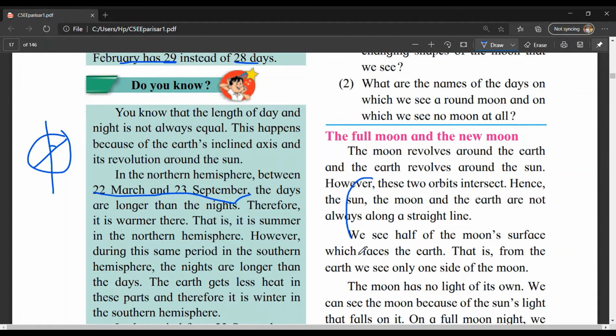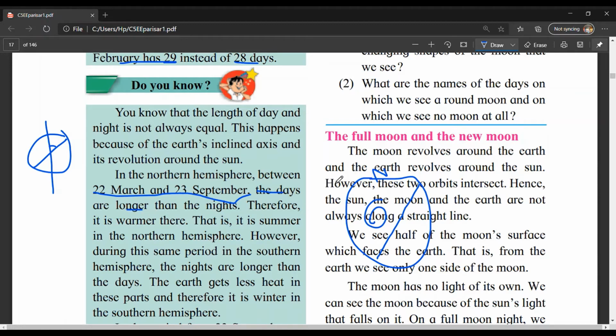See, if this is the earth, don't mind my drawing, and in the northern hemisphere, that is this part of the earth, from 22nd March to 23rd September, days are longer